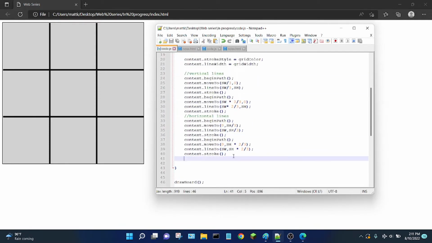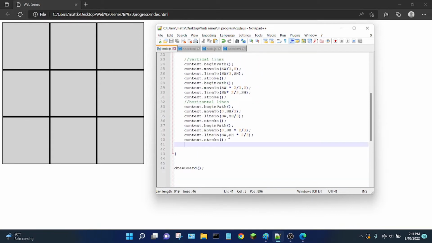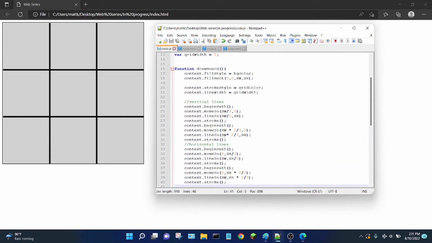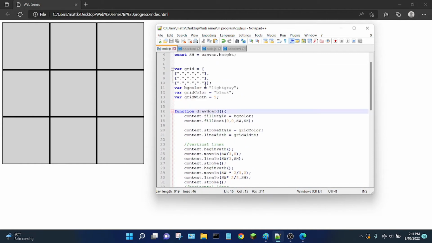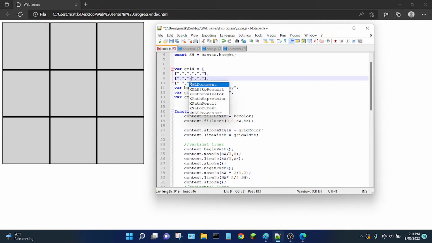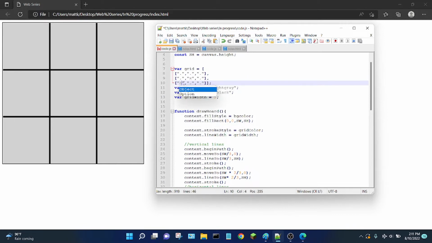Now, here's where the tutorial is going to get tricky, but I promise you, this is the hardest part. We need to make it to where the draw board function, the next part is drawing any of the moves. Like here's our board, our 2D list. And I'm going to put an X in the middle, and I'm going to put an O in the corner. We need to make it to where we can use a for loop to run through this grid, and if we detect an X or an O instead of a dot, we're going to draw an X or an O